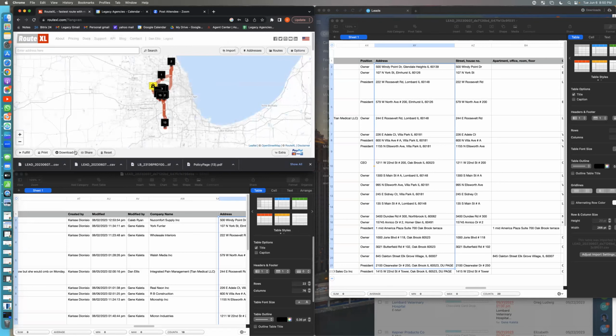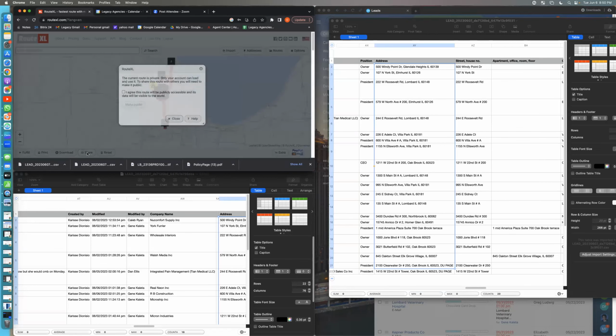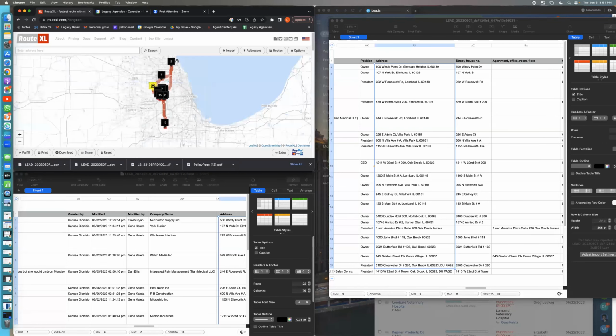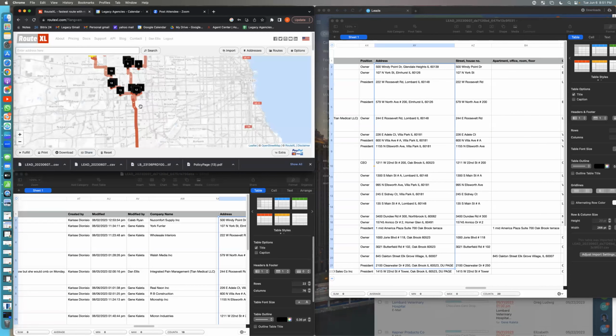Now all you'll need to do is share it, agree to be public, make public, and now it gives you a link. And now you can email your link or copy paste it, text it to yourself, whatever you want to do, and you can obviously use that on your phone or whatever else you're going to use. So that gives you a nice optimized route